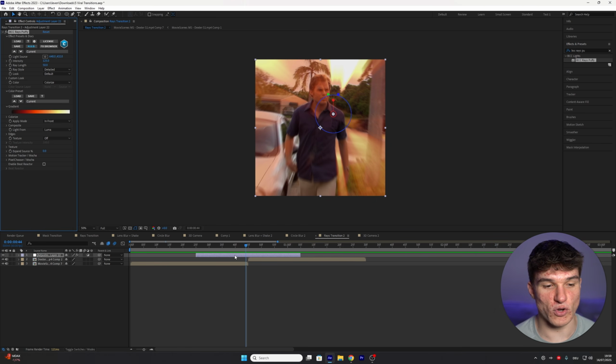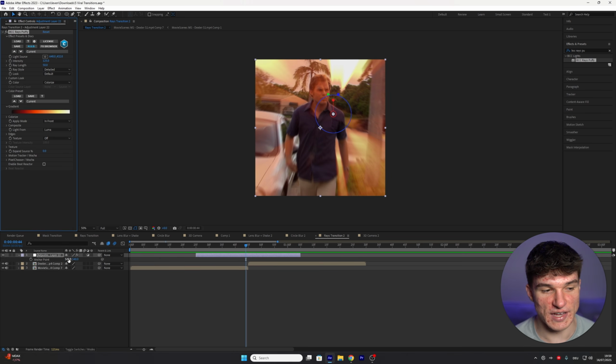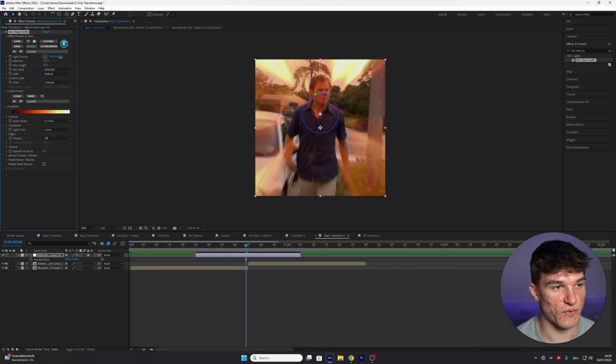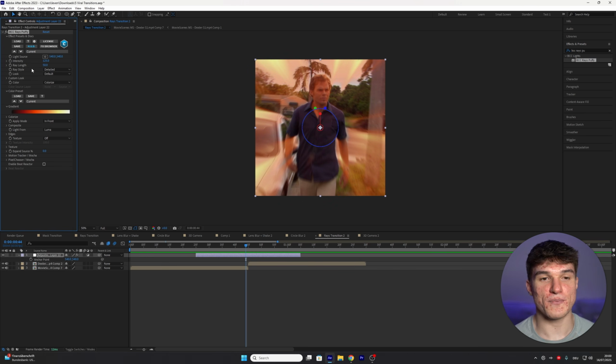To fix that, select your adjustment layer and press A on your keyboard. As you can see, we get our anchor point values, and these we just have to paste inside of our light source. For me, it's 540, so I'm just going to replace both of these values with 540, which as you can see will put our light source in the center of our screen. Next thing we want to do is make the lights a bit brighter, so we're going to put the intensity from 125 up to